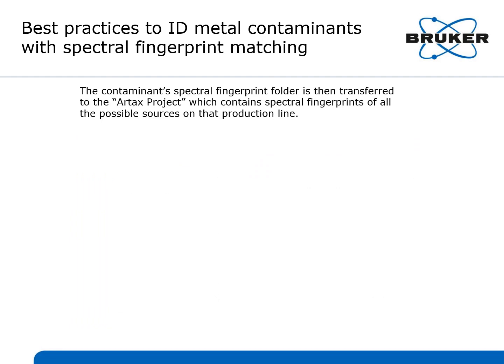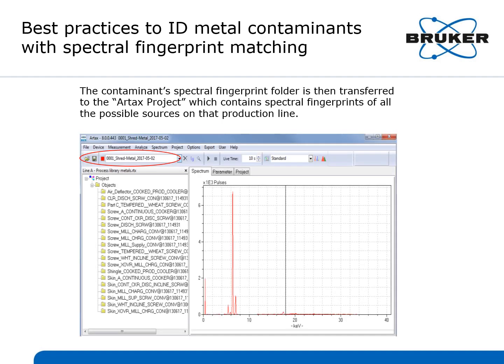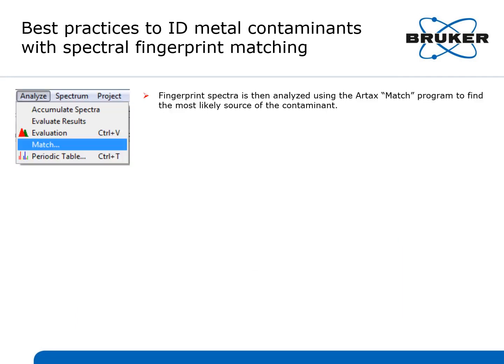The contaminant spectral fingerprint folder is then transferred to the same project folder, which contains all the possible sources on that production line. In the upper left-hand corner, you can see the spectral fingerprint contaminant's name. On the right-hand side of the RTAX window, you can see its spectra. The fingerprint spectra is then analyzed using the RTAX match program to find the most likely source of the contaminant